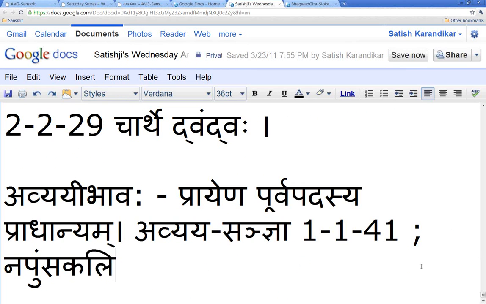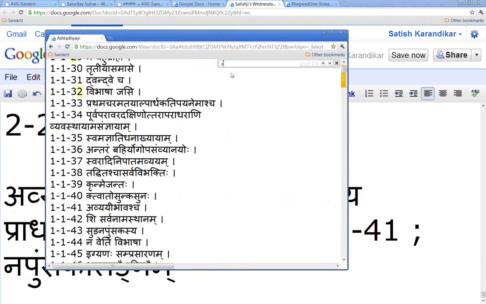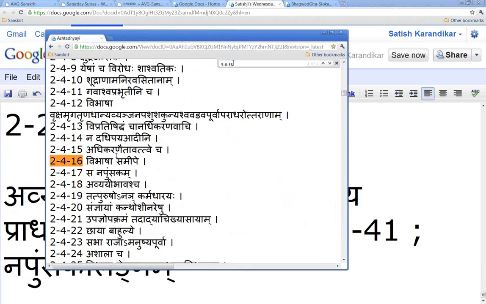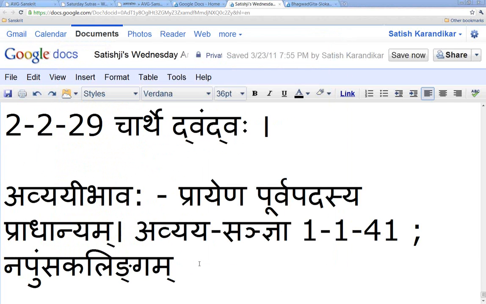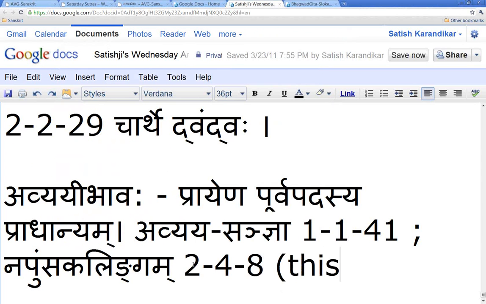Napumsakalingam. Okay, so this is another thing, and that comes by, I think it is 2.4.16, Avyaya Bhavascha. Same sutra. No, 2.4.18, sorry. 2.4.18, Avyaya Bhavascha. And I'll just put in brackets that this is required to apply